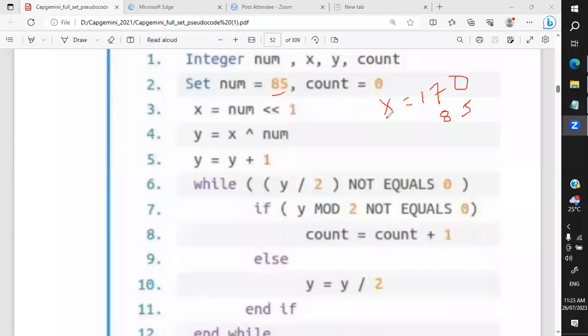XOR: for odd ones, the output is 1. If both bits are the same, return 0. Yes, exactly. If both are the same, the answer is 0. If both are different, the answer is 1. Clear? So yeah. Now,